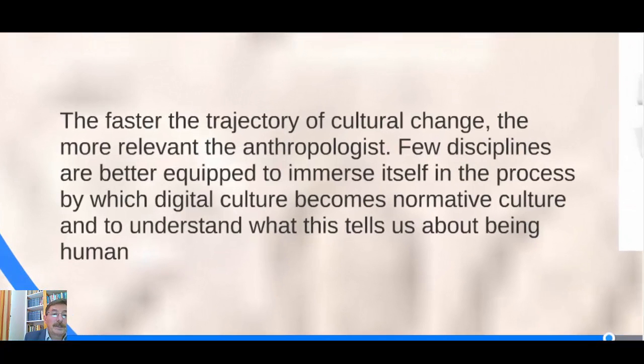So back to what I was saying at the beginning, the faster the trajectory of cultural change, then the more relevant are anthropologists. Few disciplines are better equipped than anthropology to immerse itself in the process by which digital culture becomes normative culture and to understand what this tells us about being human.